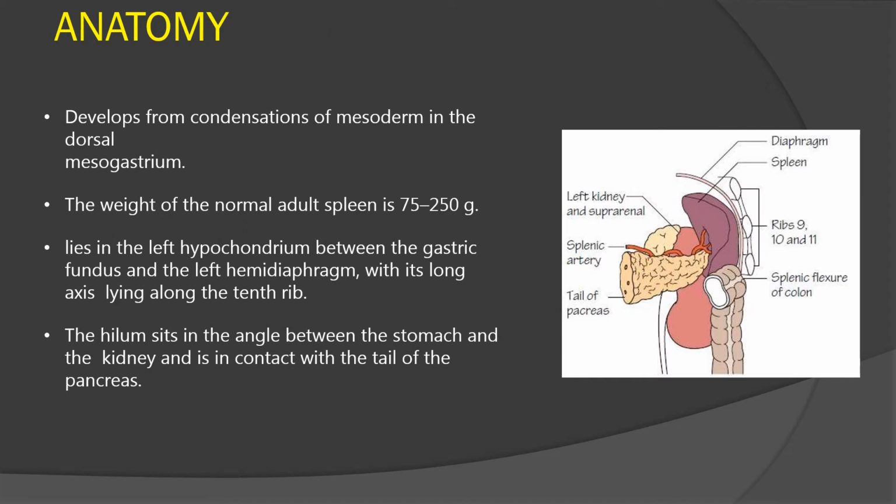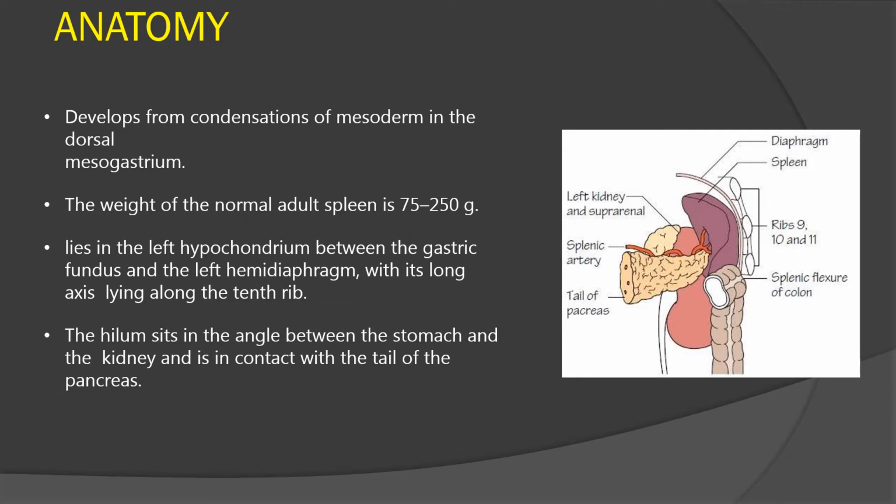Coming to anatomy. Spleen develops from condensations of mesoderm in the dorsal mesogastrium. The weight of normal adult spleen is 75 to 250 grams. It lies in the left hypochondrium between the gastric fundus and left hemidiaphragm with its long axis lying along the